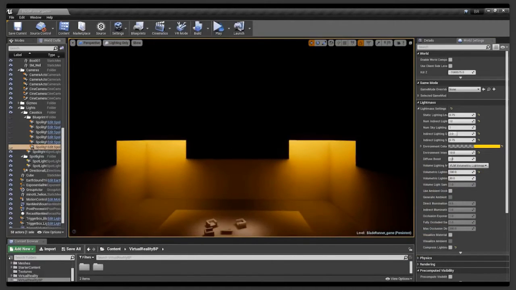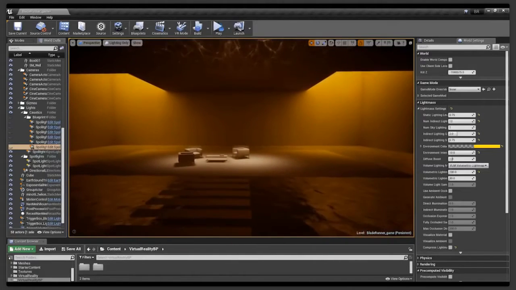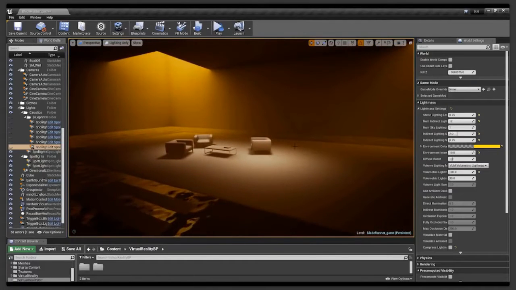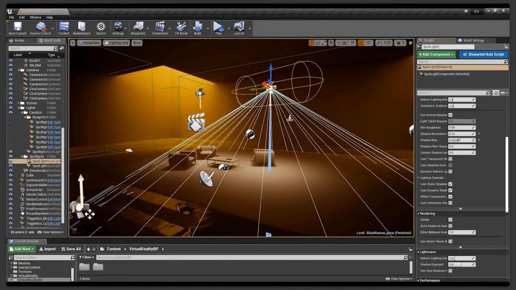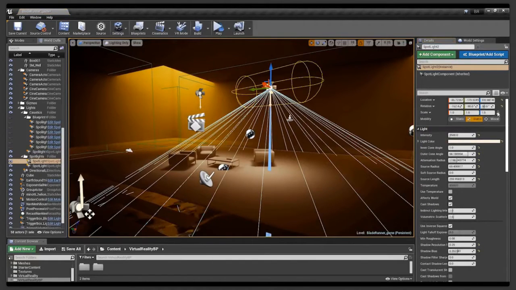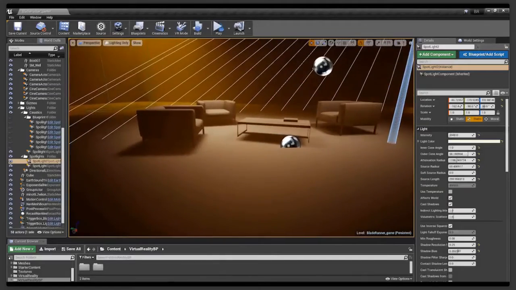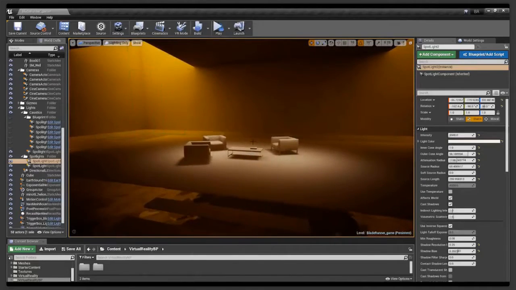So I didn't actually have a skylight at all in this. So the GI is baked in from the environment color, and then these lights are set. I think I have set them static, yes. So they are baked with the GI to try and give us these nice shadows underneath. So it's a very simple setup,